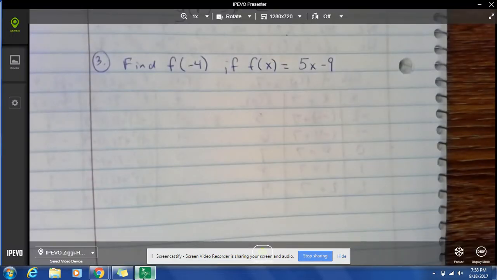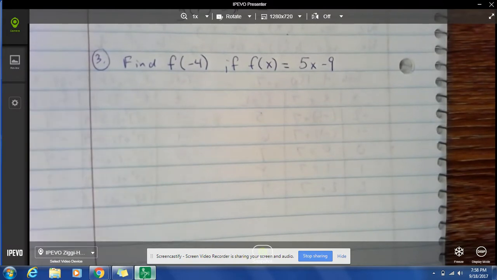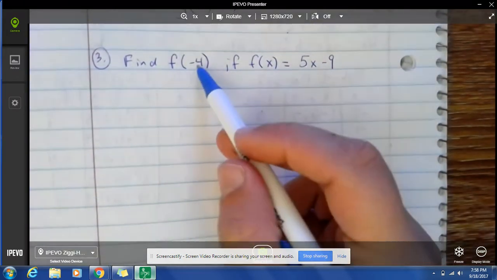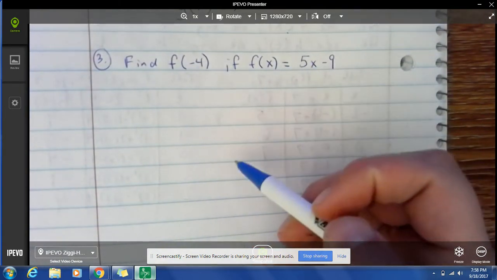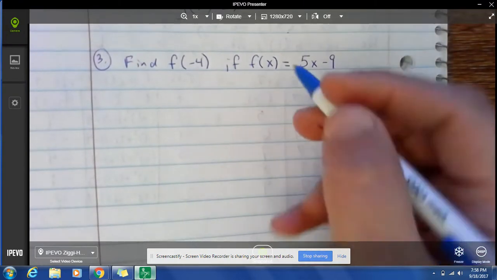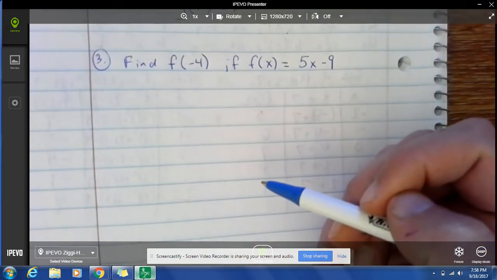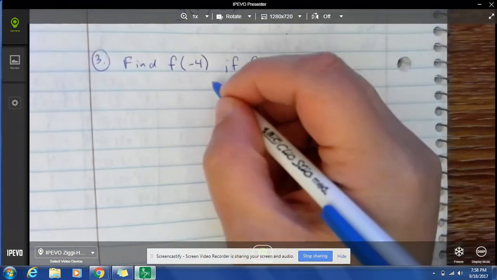Okay, so now we have example 3. Find f of -4 if f of x equals 5x minus 9. So all this means is, hey, our x is -4. We want to plug in -4 into our function and just get an output. Okay? So if I want f of -4 and f of x equals 5x minus 9, all I'm going to do is I'm just going to take